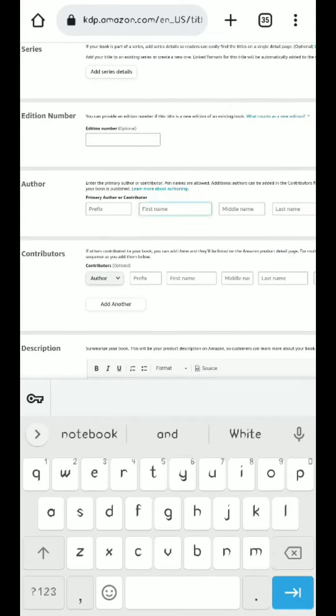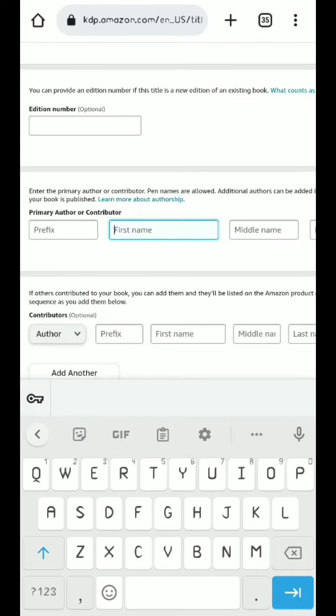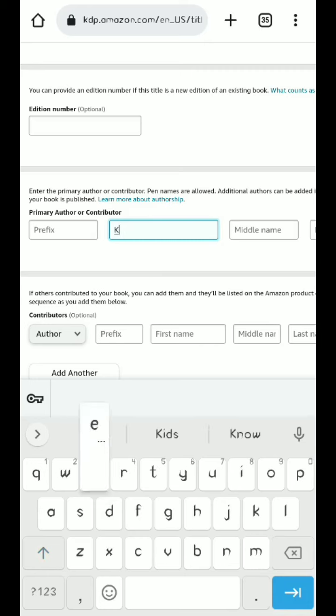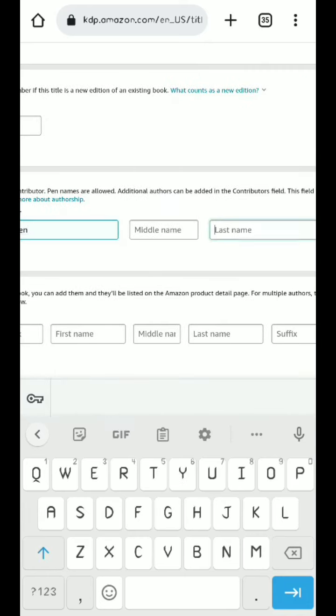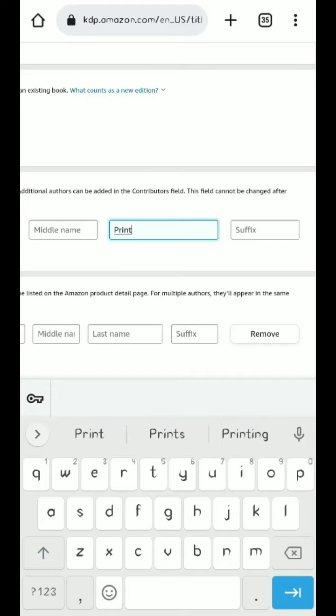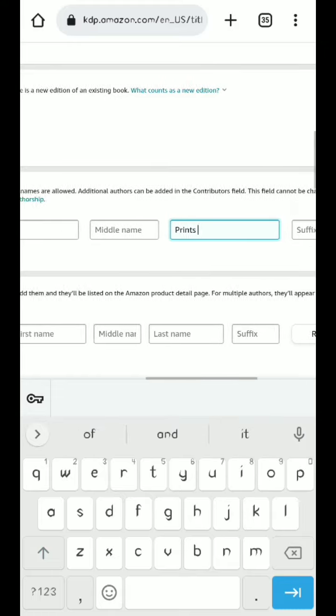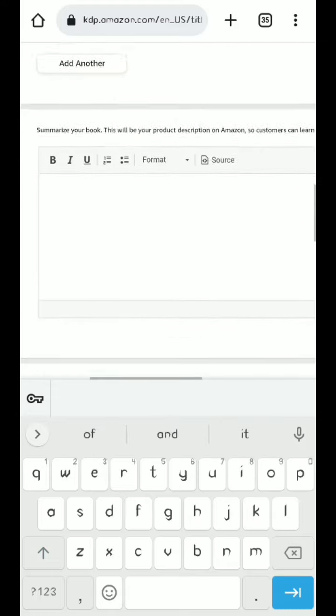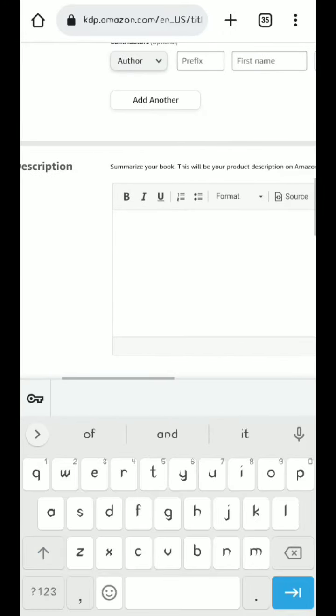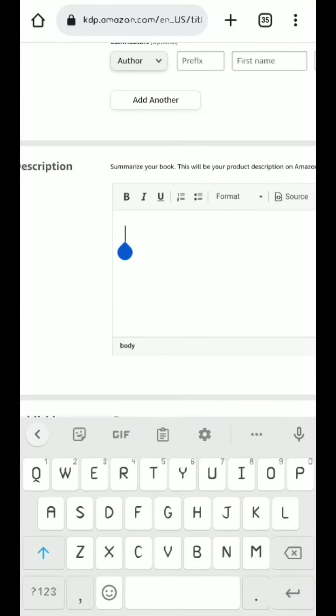So author name, you don't have to use your real name. You can just use like a company name that prints paper. So you can just come up with one. So I'm going to use like Ken Prints. Ken Prints. So for the description, I'm just going to add